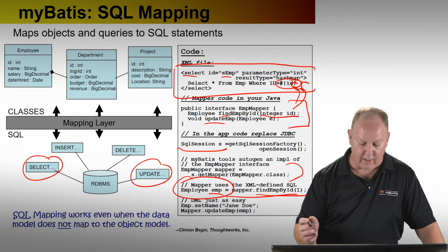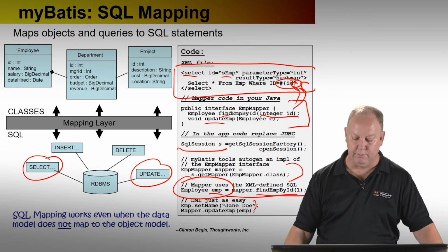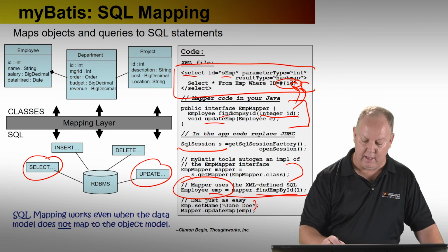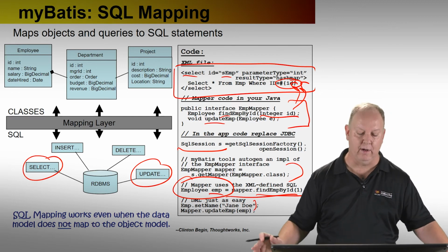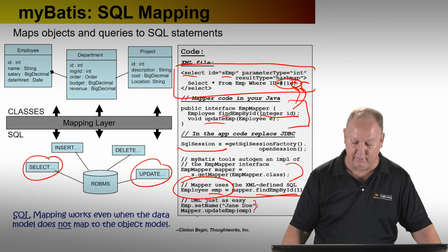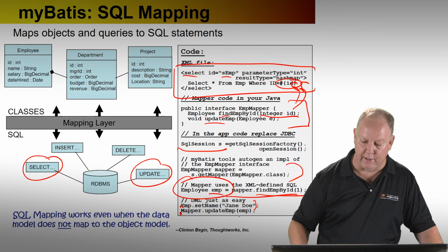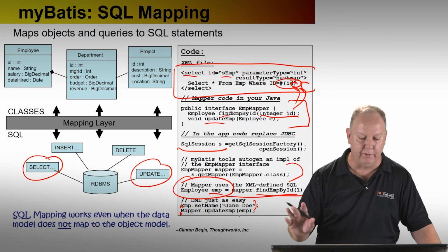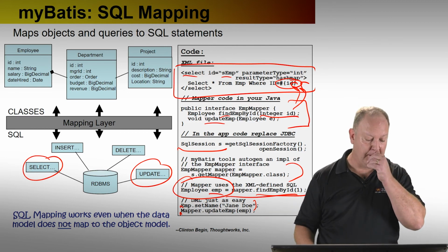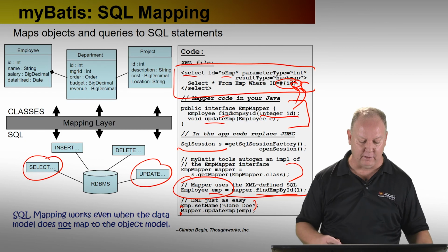And now if I want to do something like updates, I got a little syntax there with a missing brace. But DML is just as easy. I can take an employee object and set name on it or set whatever on it that's available to me on the object. And I can ask the mapper class, these should be lowercase, to go ahead and execute the update. And it'll go ahead and persist it. Again, I don't have to write a whole update query and do the persist. I don't have to do the commit, all right? So SQL mapping does all that for me. MyBatis framework does that for you.